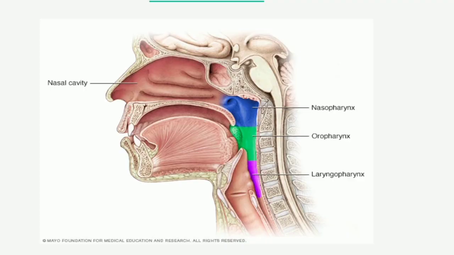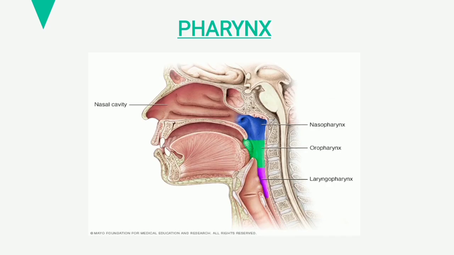oropharynx and laryngopharynx. Nasopharynx lies behind the nose above the soft palate. On the lateral walls of nasopharynx there are openings of auditory tube. These auditory tubes lead to each of the middle ear. Oropharynx is the oral part of the pharynx. It lies behind the mouth and it is up to the third cervical vertebra. Lateral walls of oropharynx have folds, and in those folds there are palatine tonsils situated.